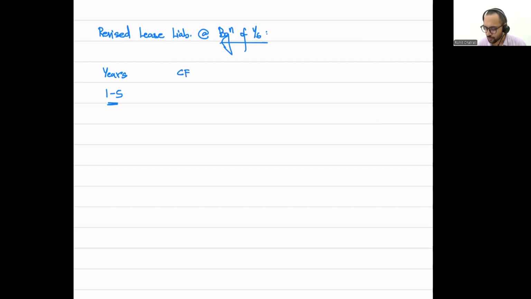We now have a cash flow of 95,000 per annum. The present value factor is also going to be calculated using the revised discount rate, which is 7%. This is the incremental borrowing rate today, and we are going to calculate the present value factor using 7%. That is going to be equal to 4.1002. And we have the discounted cash flow as 95,000 multiplied by 4.1002, which is going to be equal